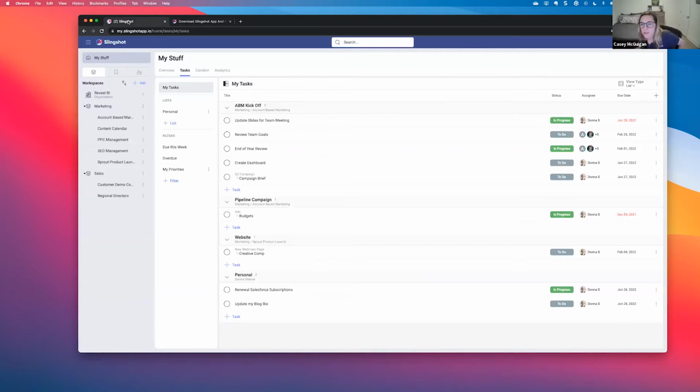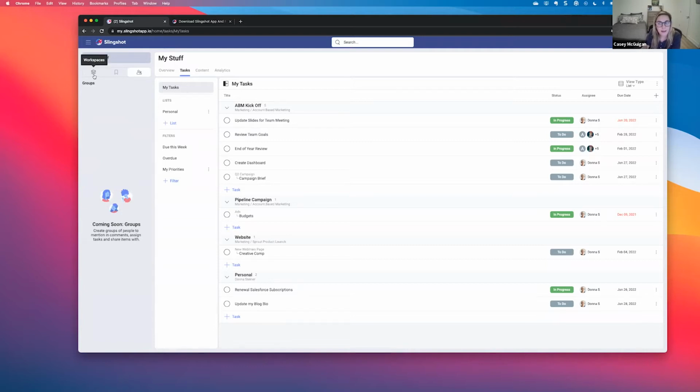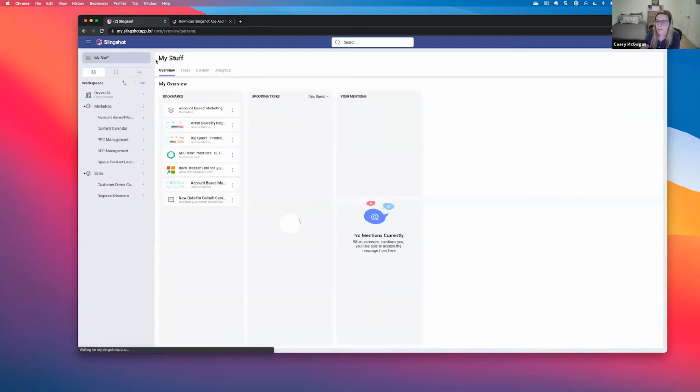Coming into Slingshot, when you first log in, over on your left-hand side is where your main navigation is happening. You have your My Stuff up here, you have your organization, and you have your different workspaces and projects on the left-hand side. Here you can also pivot between your bookmarks that I'll show you. And we have a concept of groups that's coming in our next release in about a month, actually. So when I'm in